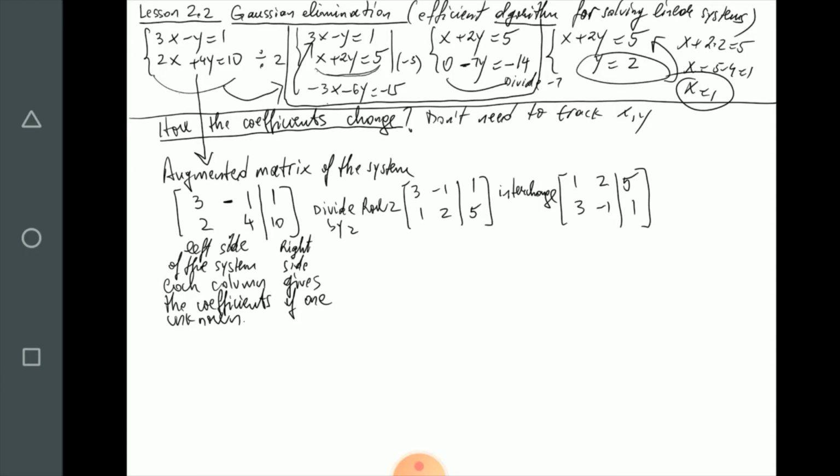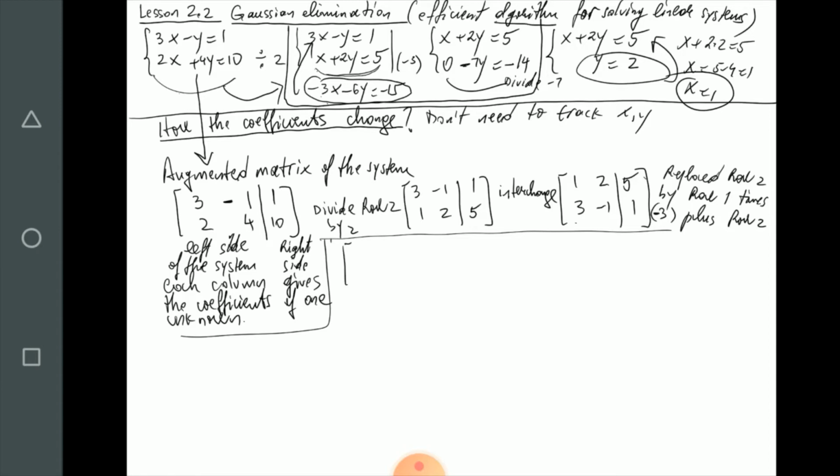So think about before, we multiplied the first equation, or the old second equation if you want, by minus 3, and then we added it to the other equation to cancel the x, which means if we look at the coefficients, I used row 1, multiplying the entire row by minus 3, to add to the second row to produce 0, in a sense, to eliminate x from the second equation. So this is basically the most important step, because that's the elimination step. We replaced row 2 by row 1 times minus 3 plus row 2. We're going to write this in a much more efficient way later so that we don't use that many words, but this is basically the step involved